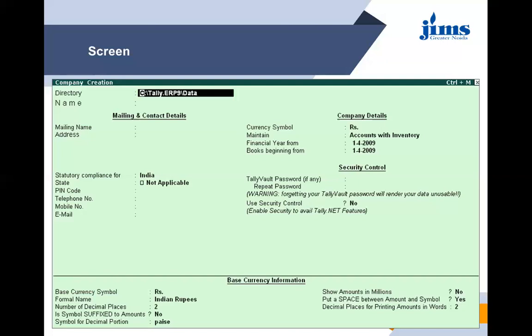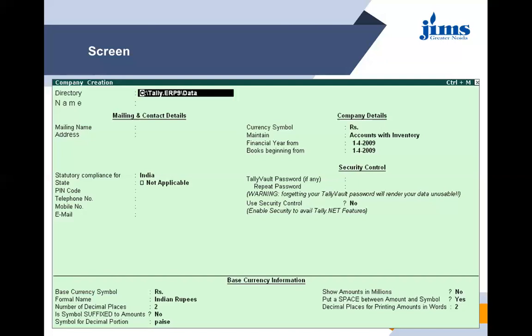Whatever numeric transactions are done in the firm need to be entered properly. So for that proper insertion of information, it is mandatory to create a valid company name with proper information, with each and every authentic detail, so that we can have a proper company creation. These are the different heads which I'll try to explain in the next slide, what each head tries to explain. So let's see first of all what it is.